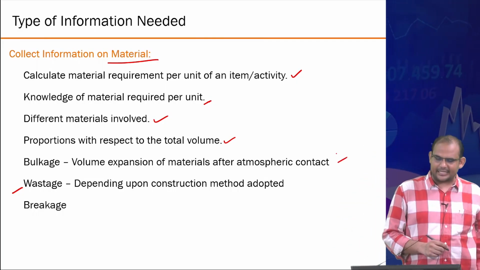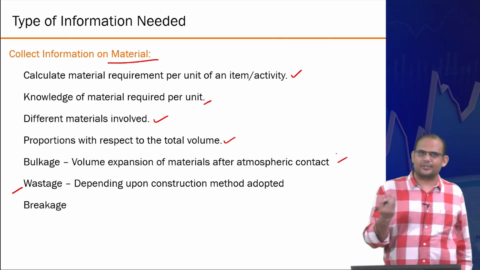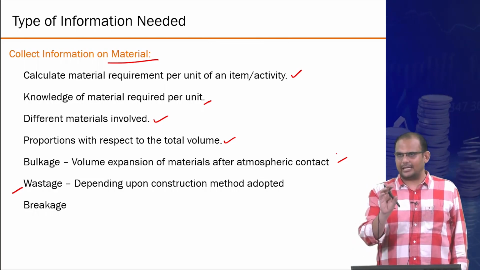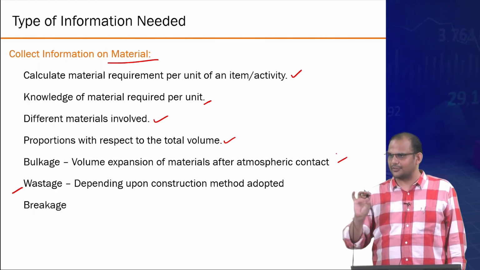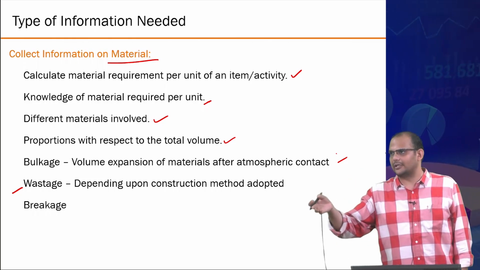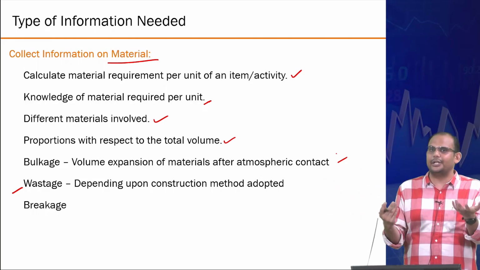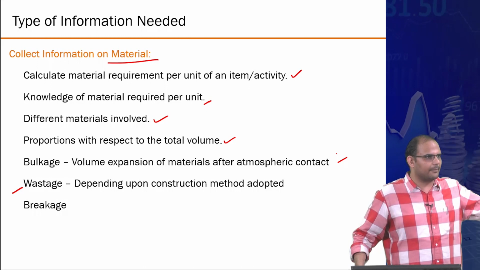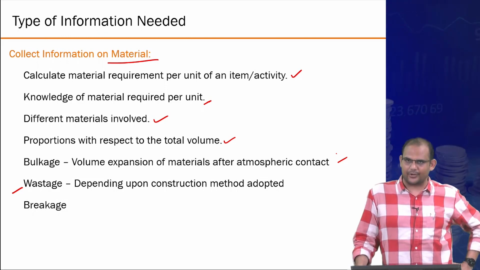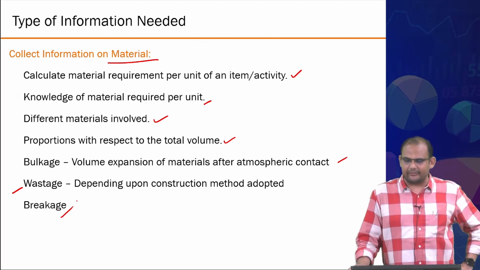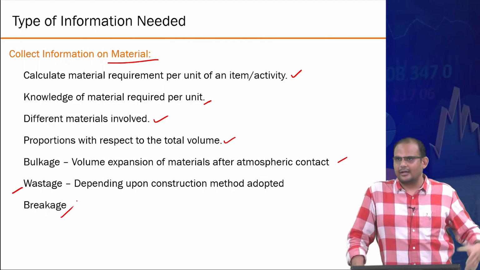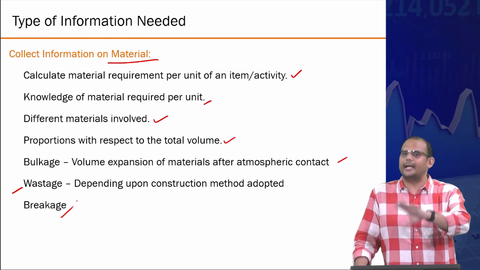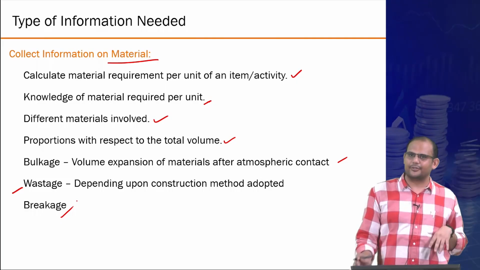There's something called bulkage, which is essentially that construction materials' final volume would be different than the sum of their individual constituent materials' volume. For example, sand mixed with water expands a lot, right? So you need to consider this when you have to deal with transferring sand from one place to another, and that becomes part of your costing, right? And you might be dealing with breakages, other kinds of things. If you're dealing with glass, for example, it might break, even after you have applied it, sometimes. So again, you have to work around that.